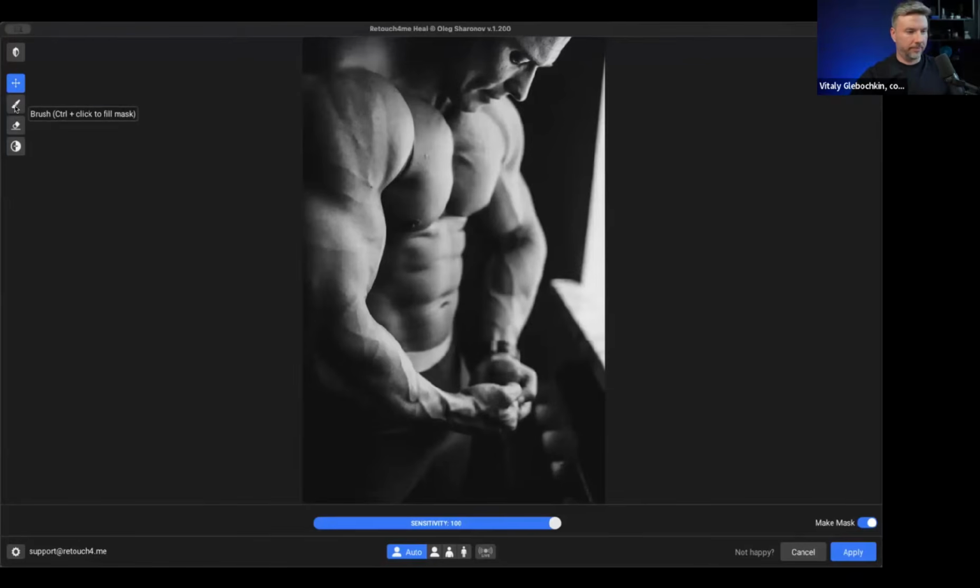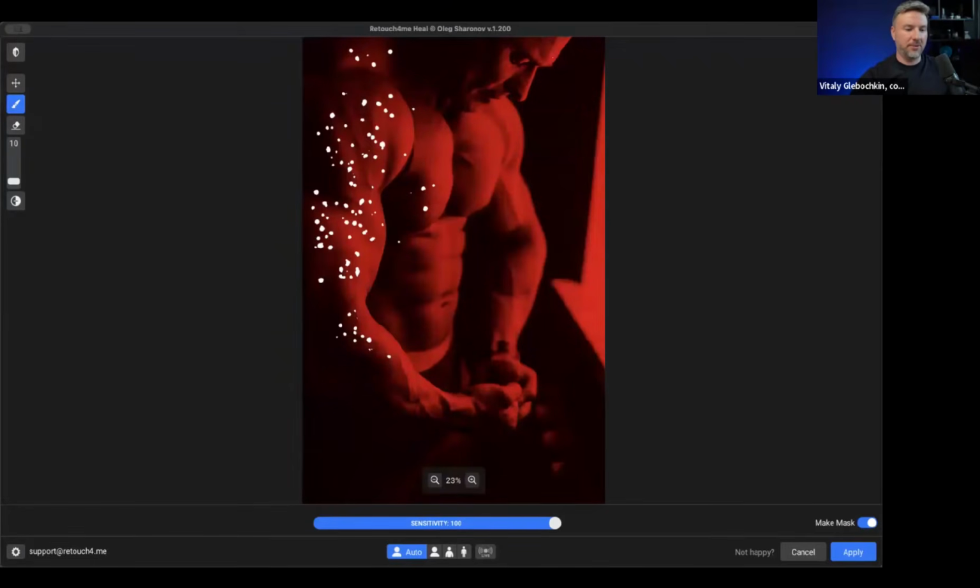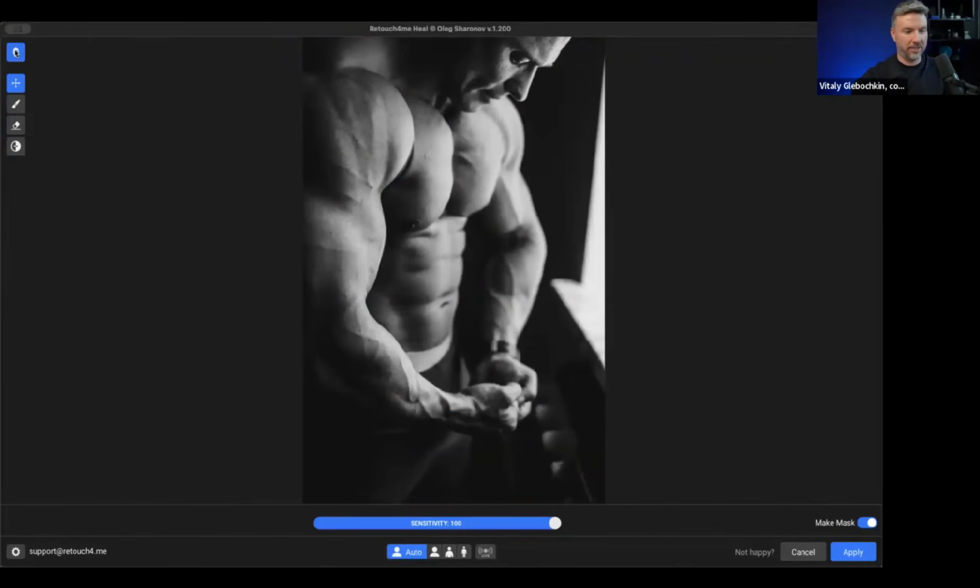So you can see all these white dots here. These are the areas of the image where the plugin fixes the skin. So here is the before and after. You have a sensitivity slider on the very bottom, and you have some buttons. So using these buttons, you can